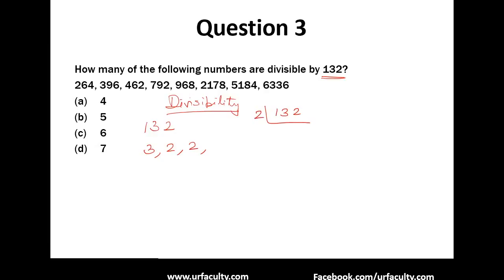Let's say you start with 2, 33, 3 and 11. So 132 is basically a multiple of 11 into 3 into 4. I'll keep this as 4 because I don't want to do it twice. So if out of these numbers, if all the numbers